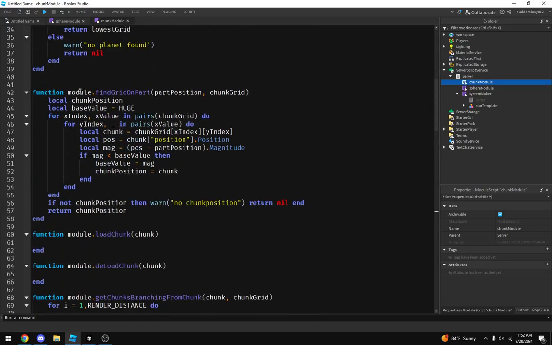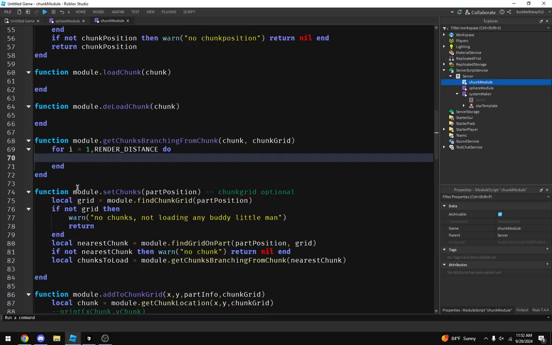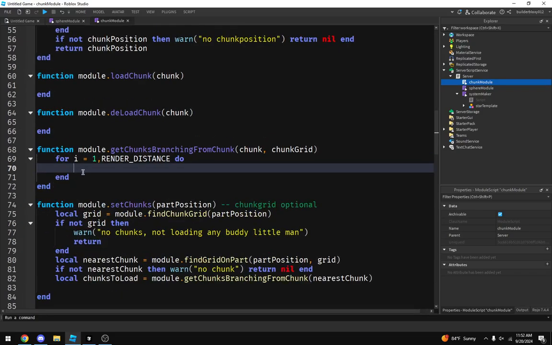So if we go here to where we are at, so for i in render distance, what we want to do is effectively we want to get all the chunks in a 4 below, 1, 2, 3, 4. So that's 1, 2, 3, 4, 5, 6. Okay, this is getting more complicated than I thought.